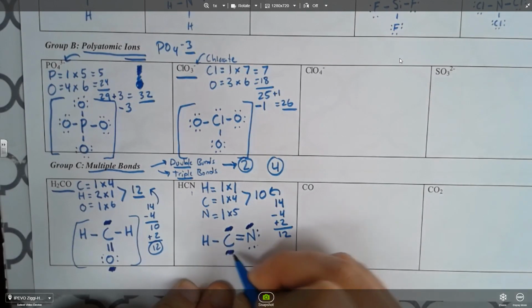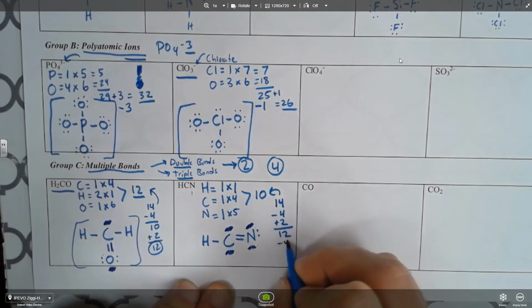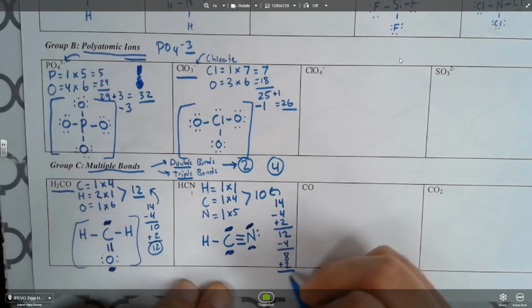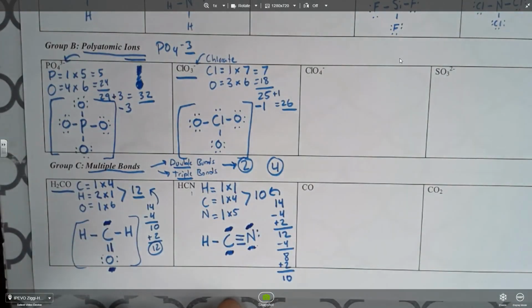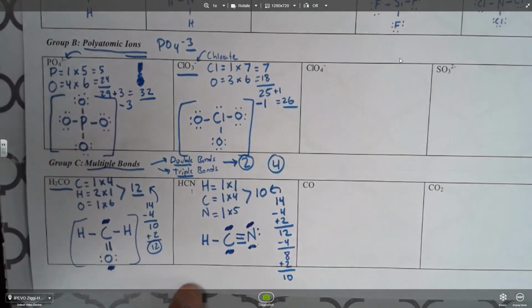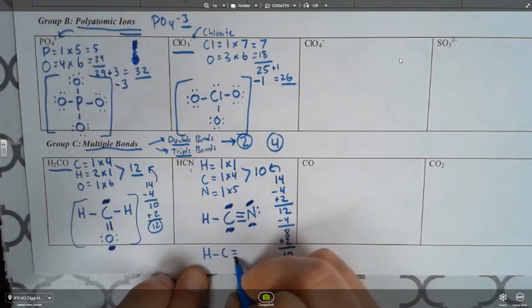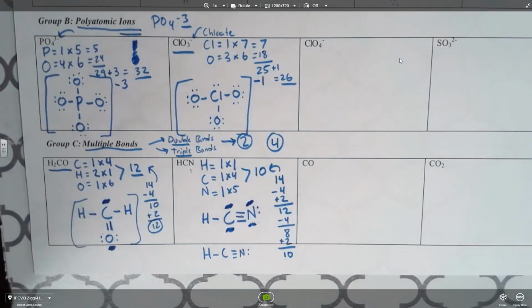Take this one away, take this one away, minus 4, 8. We're going to add 1 more, okay, which gets us to 10. So this, without these markouts here, this is what this molecule looks like, okay, HCN, cyanic acid. All right, so this is a good intro to a little bit more difficult